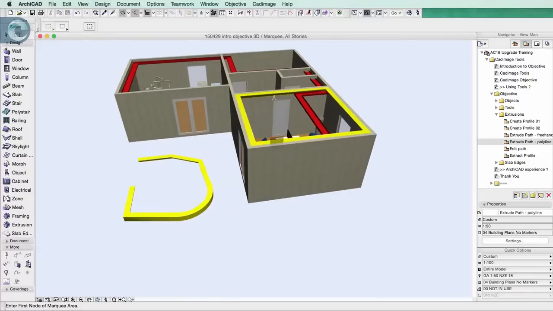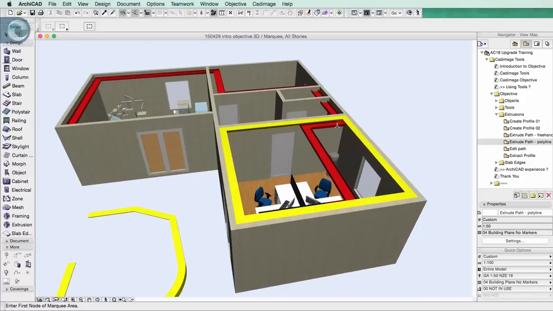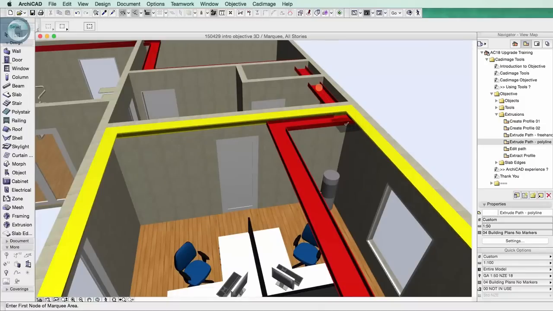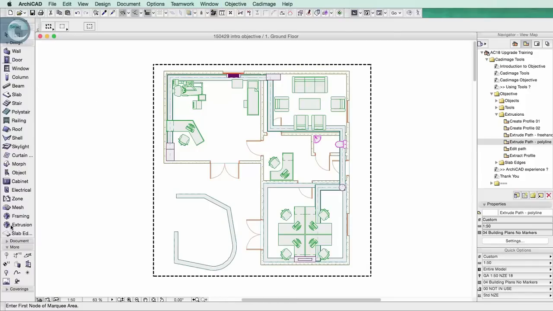Have a quick look at 3D, and you can see how it runs. So obviously there's a few issues that we're going to have to bodge some holes through the walls and things, and my cornicing has now been chopped up. So that's a little bit annoying, but another way to do this, of course, is if I grab the extrusion